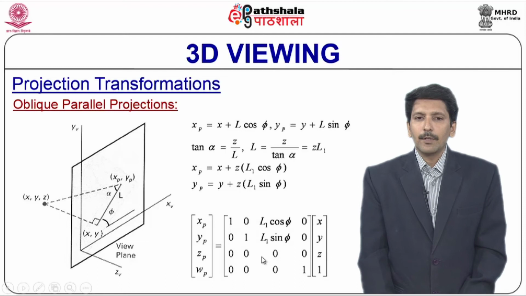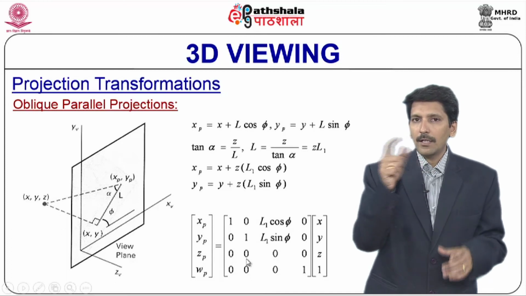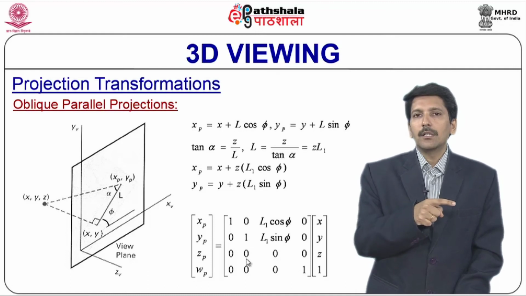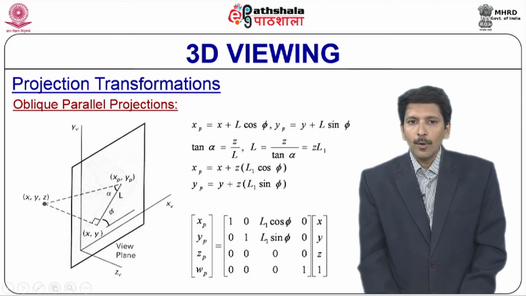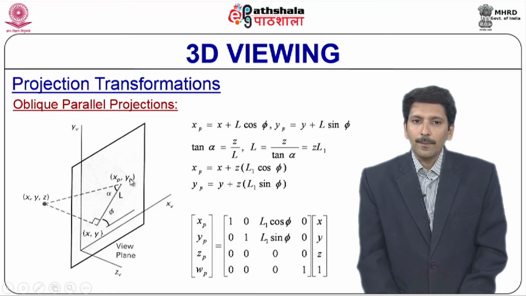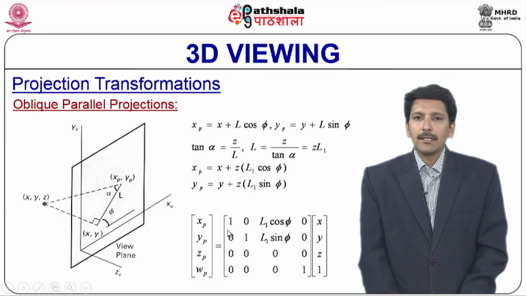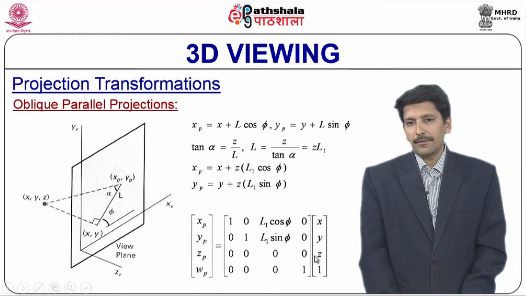Now, for these two equations we have put up a matrix here. What happens to Zp? Xp and Yp are there, and Zp is 0. It is understood, because we have considered a plane of projection which is exactly on the xy plane of the viewing coordinate system. On the xy plane Z is 0. So, Zp is always 0 here on the view plane. Here also it is 0 after x, y and Z. So, Zp is equal to 0 0 0 0. You should observe this carefully: xp is equal to x plus 0 times y, and Z is separate. L1 cos phi is the coefficient for the Z, and L1 sin phi is the coefficient for the Z.